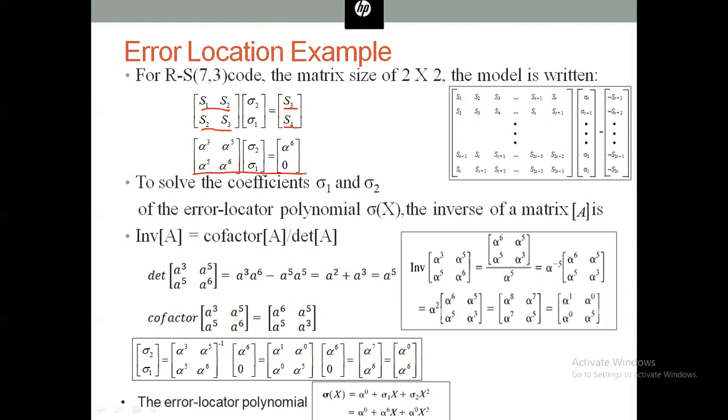And from this, we calculate the values of sigma 1 and sigma 2, and we put these values in this equation, which is the error locator polynomial. That error locator polynomial is alpha naught, sigma 1 x, sigma 2 x square, and we find the location of these errors